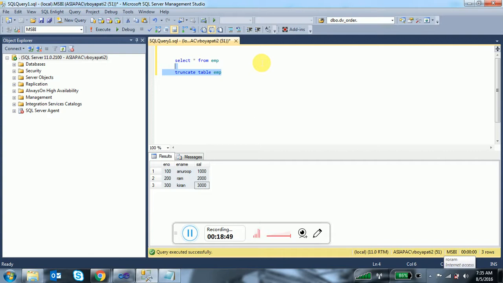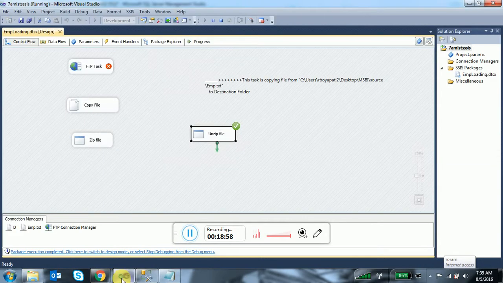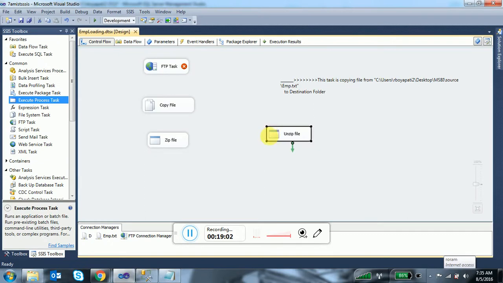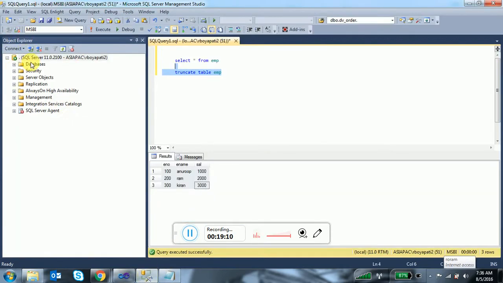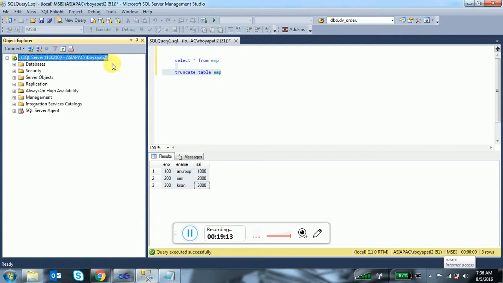So the same statement, if you want to execute from SSIS, what is the task we are going to use? Anu, any idea? Right, so the task, like SQL task, we are going to use.